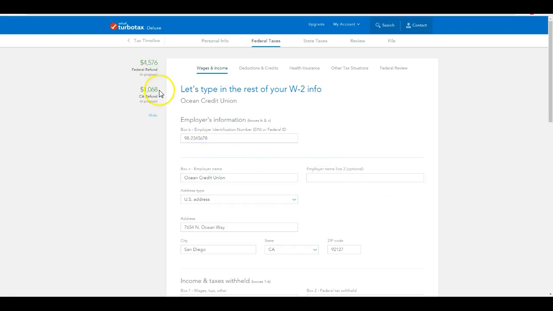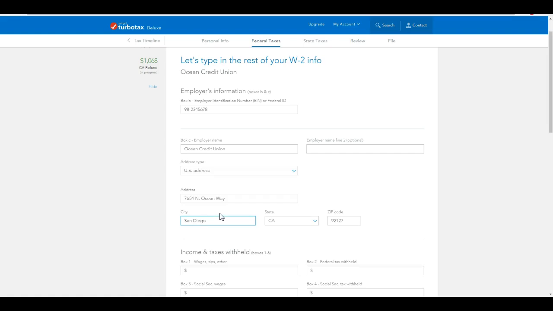Okay, and it's the same. So in this particular case, Ocean Credit Union, you notice the name did not change. This is a fascinating thing about TurboTax because it updates accordingly. The employer identification number is accurate and exact. But here there weren't any changes. Everything remains the same. Okay, and so let's go ahead and